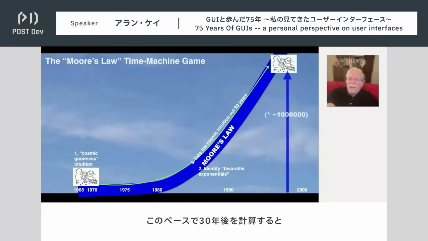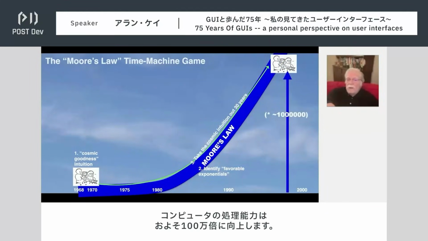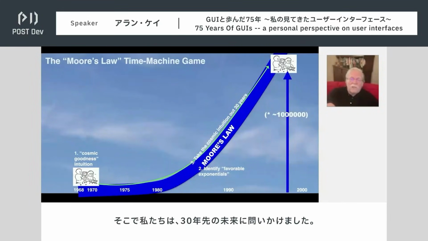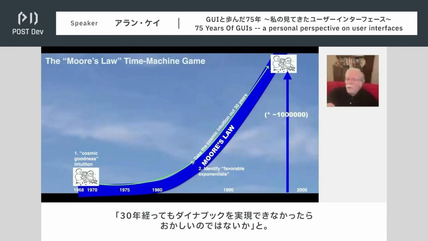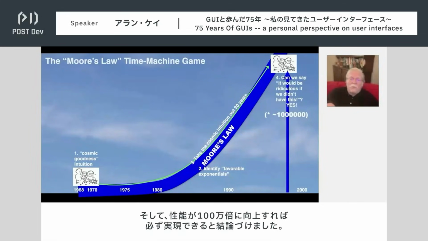So you take that idea out 30 years, which is 20 doublings, which is a factor of 1 million. And you ask the question of the future: wouldn't it be crazy if we couldn't do this 30 years from now? And for the Dynabook, the answer was, yeah, we should be able to do it with another factor of 1 million 30 years from now.